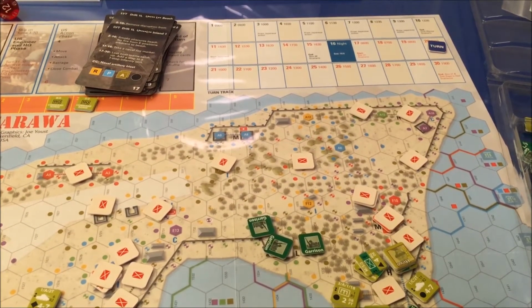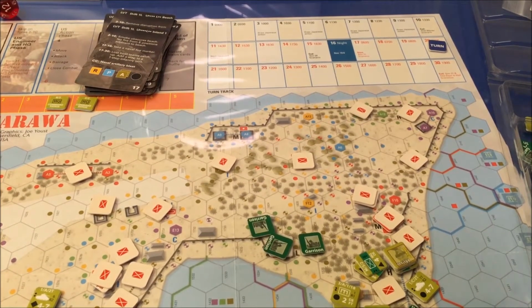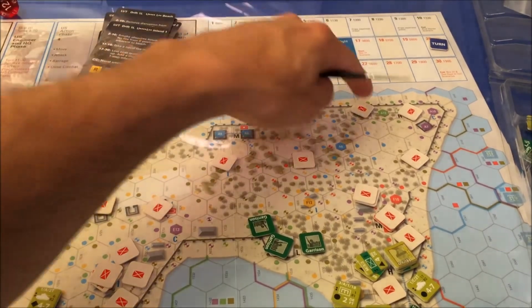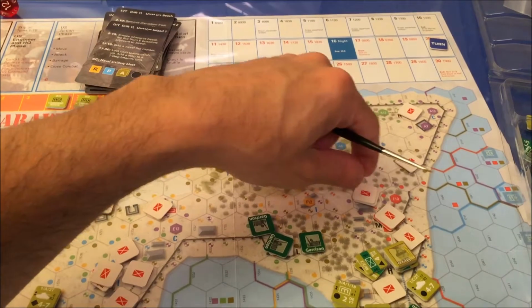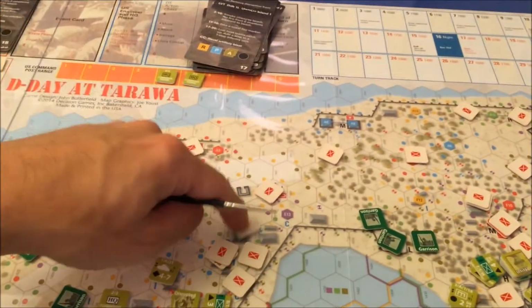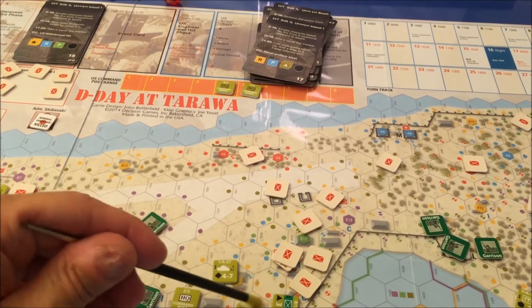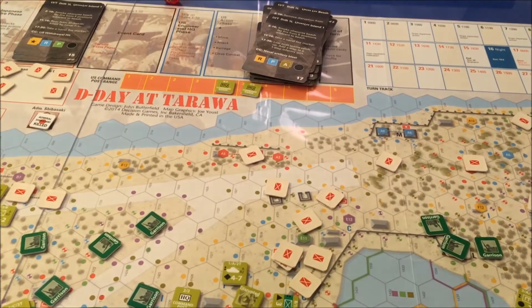He's a coastal P with no one in his field of fire. He does nothing. He just sits there. Okay, you're light green, aren't you? Inland light green with inland